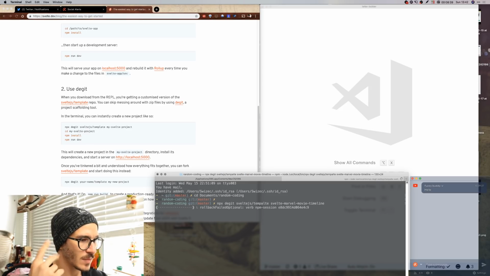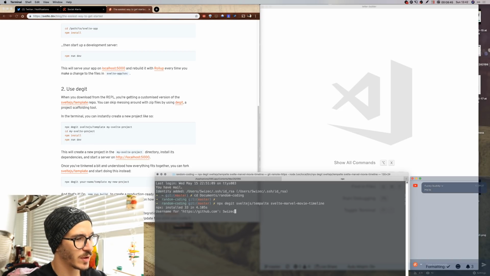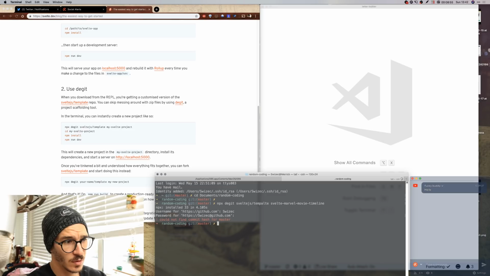Okay, so that just worked. Awesome. I had no idea. Okay, username for github.com, password for github.com. That seems weird. What is my password? Could not find commit hash for master. Okay, so